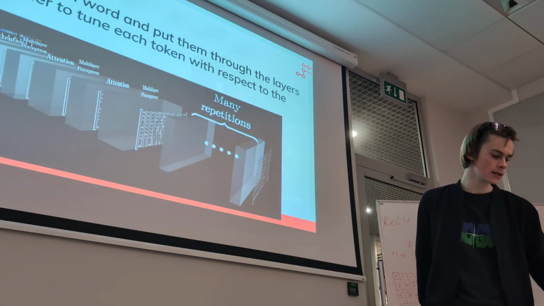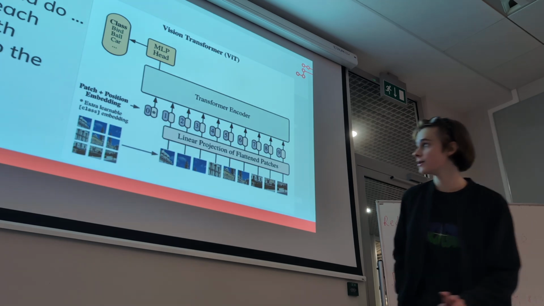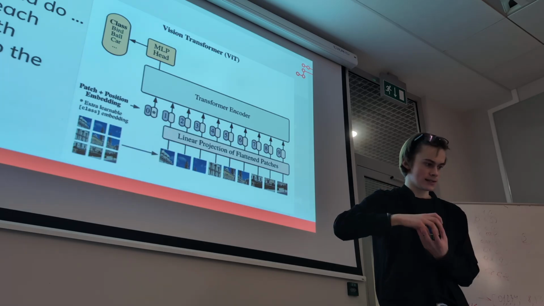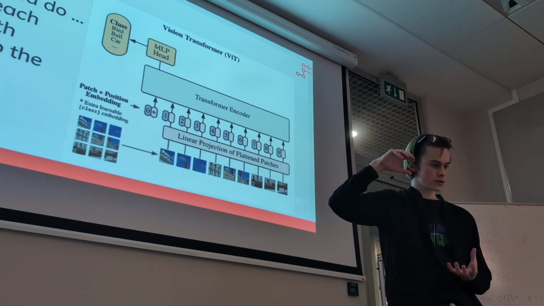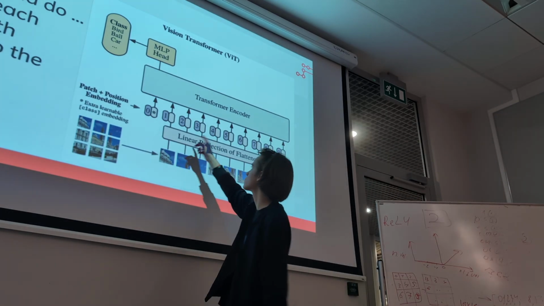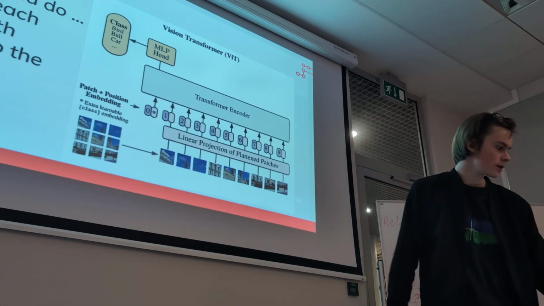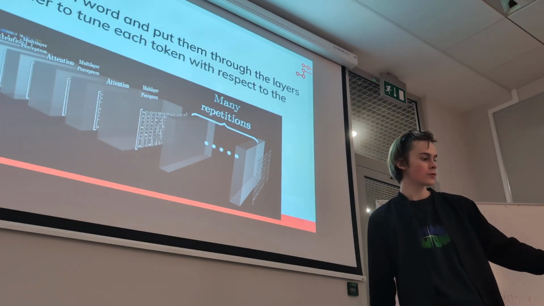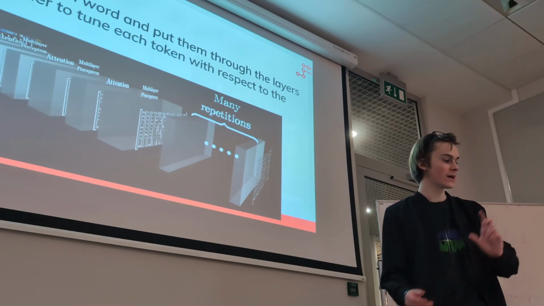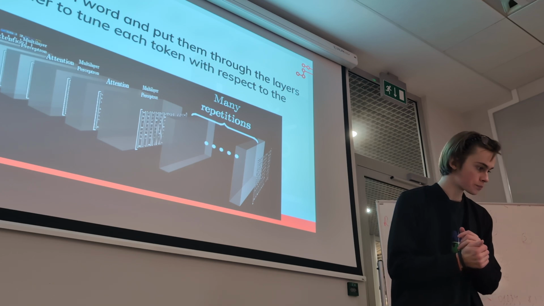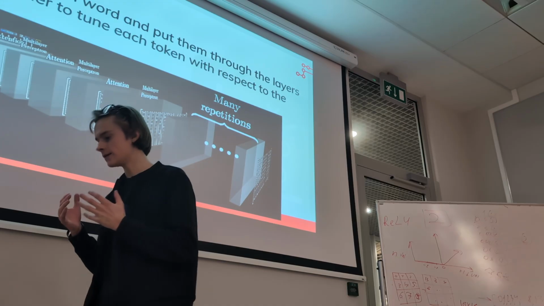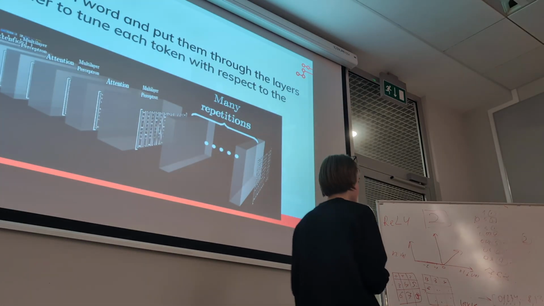Here I'm speaking of words, but think of every high-dimensional vector, like just the array that describes the vector, as a token. So, for example, this is the first token, second token, third token, fourth token, and so on. Here we take each token and put them through the layers of the transformer to tune each token with respect to the context. So the thing that the transformer gives us is kind of a relation between